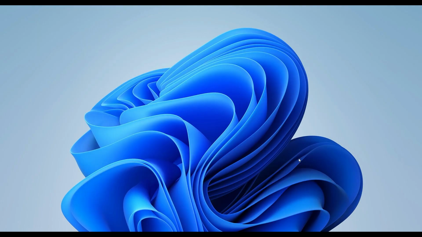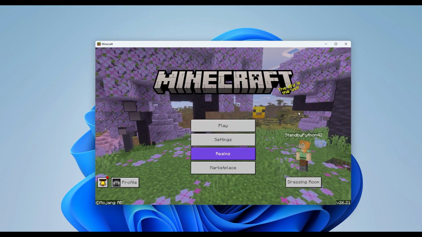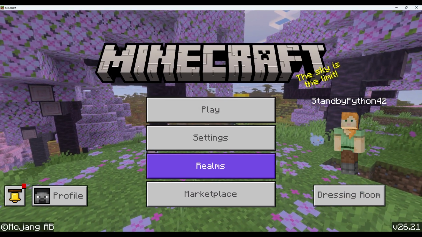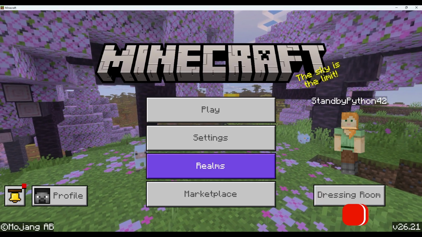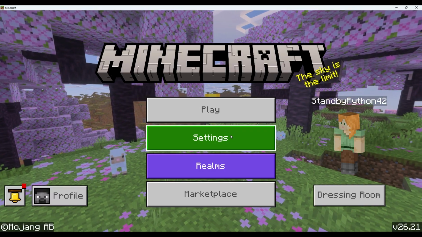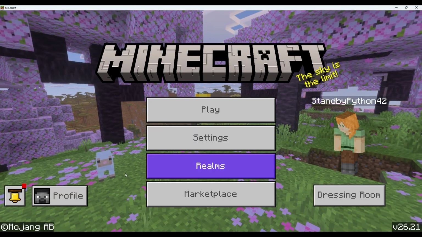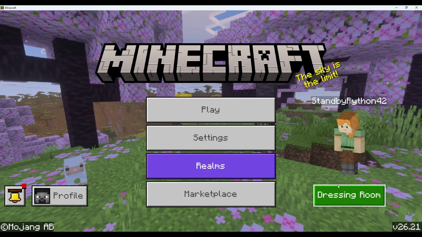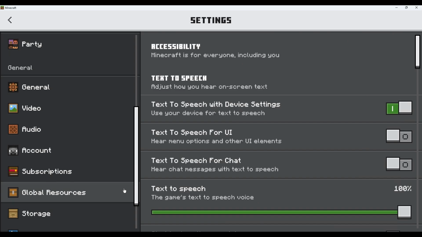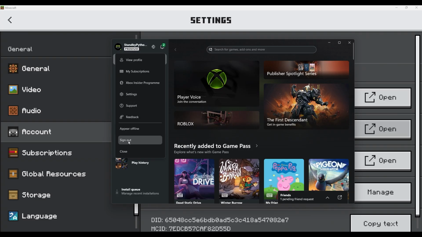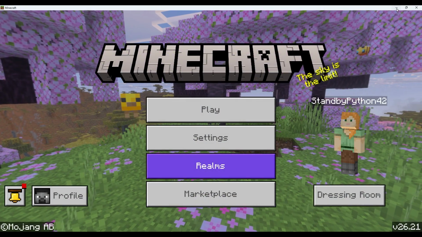Next, error code 100 frequently triggers if your game client is quietly running a slightly different hotfix version than the host, or if your background Microsoft login session has timed out. First, check the bottom right corner of your Minecraft main menu to ensure both you and the host are on the exact same version number. If you perfectly match but still get the error, go into your Minecraft settings, click on the Account or Profile tab, and explicitly sign out of your Microsoft account. Close the game completely, relaunch it, and sign back in to force the servers to issue a brand new, uncorrupted